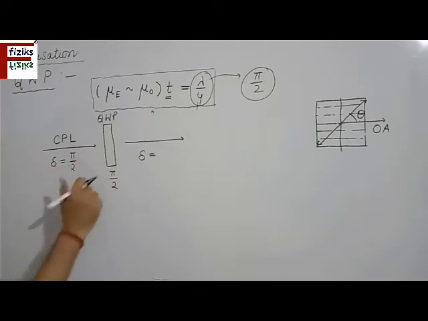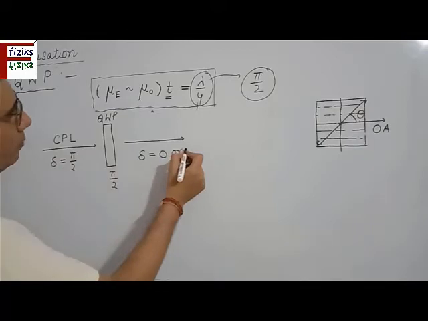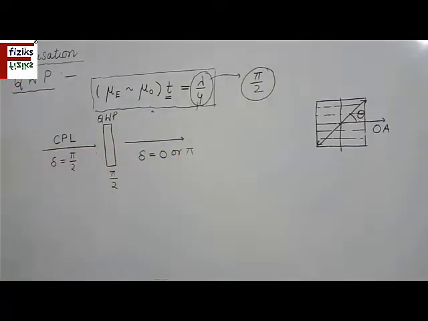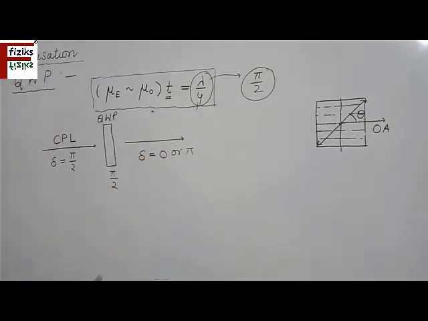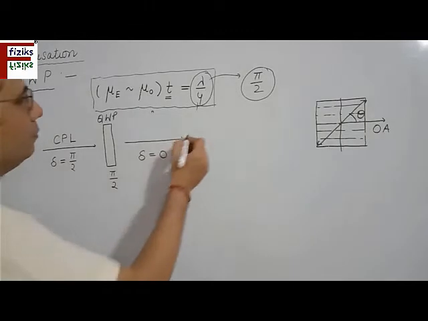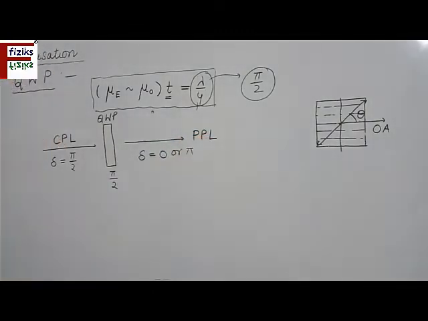Pi by 2 minus pi by 2 is 0, and pi by 2 plus pi by 2 is pi. So on the emergent side we will have phase equal to 0 and pi, which corresponds to case number 1 and 2. So on this side, we will have PPL, plane polarized light. If circularly polarized light is passed through the quarter wave plate, then on the emergent side we will have